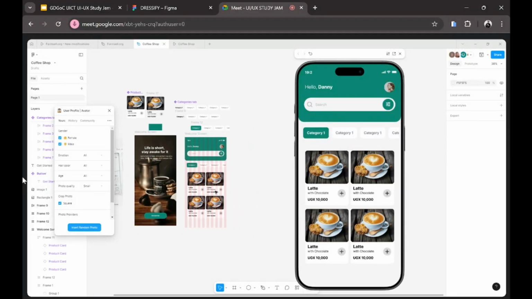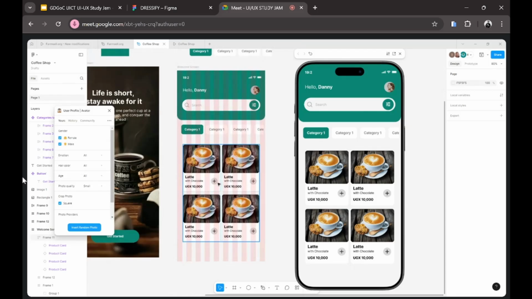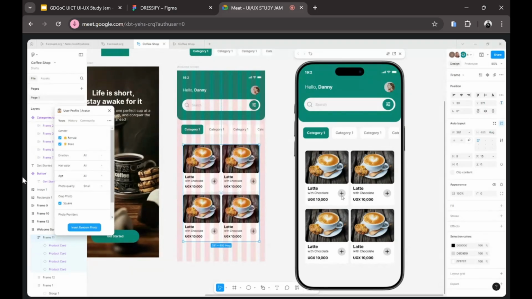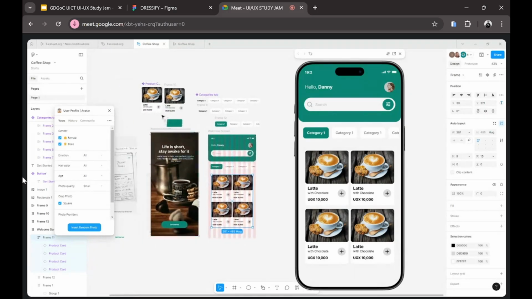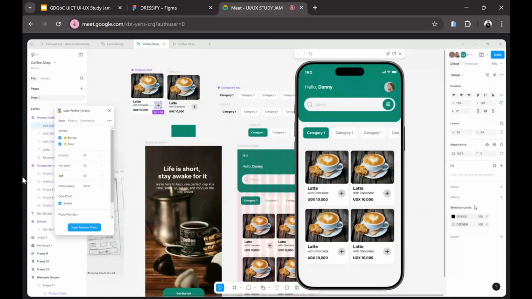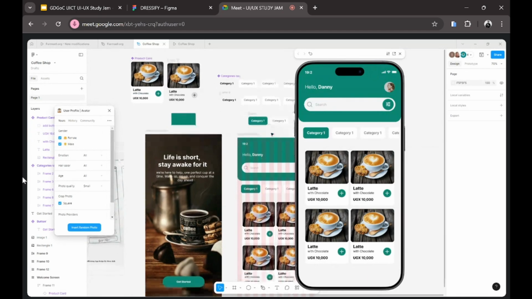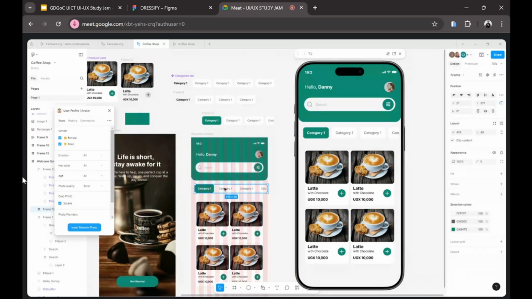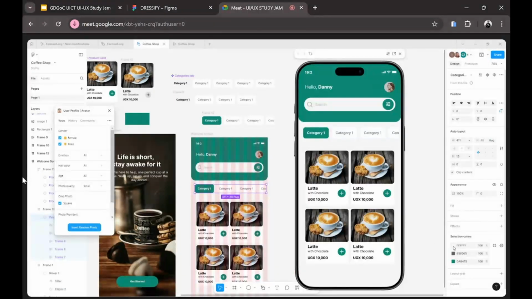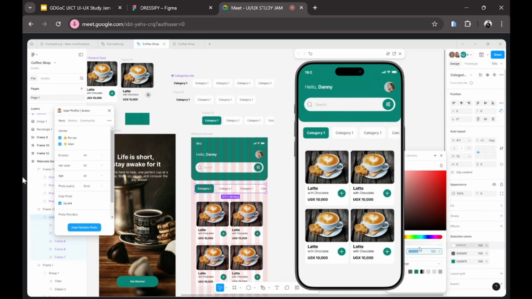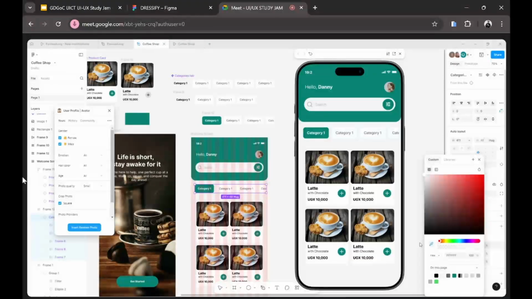But let me make sure that these cards also. So here is our add button. Let me make sure that maybe it has the primary color. No, this one should be it. And then these ones, the background to be like this. Yeah, something like that. Then again, these ones, I'm going to remove the